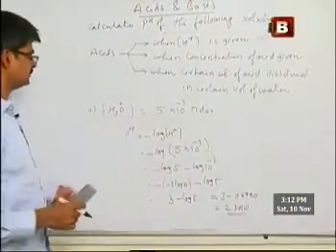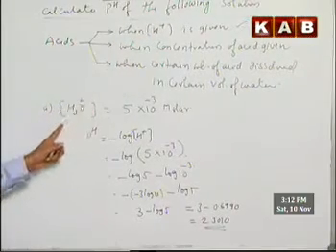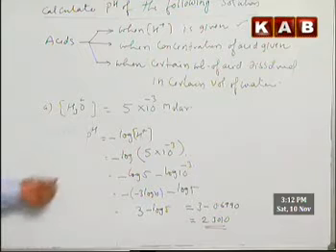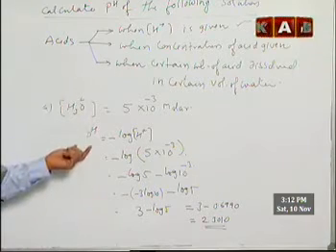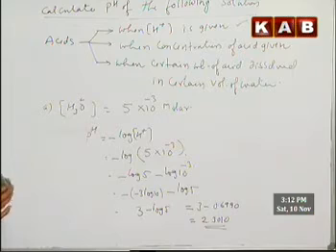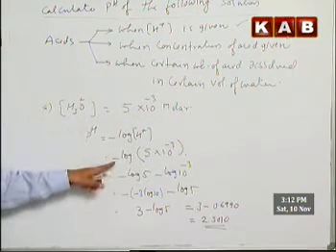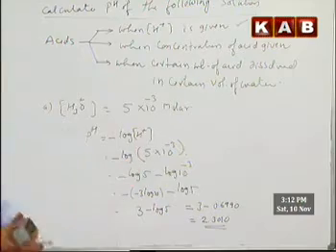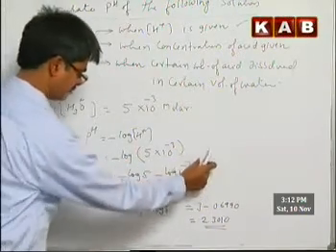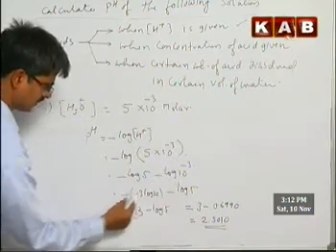So let us see once again. They are given directly the hydronium ion concentration of an acid as 5 into 10 to the power of minus 3 molar solution. So we have taken the formula for pH, which is minus of log H plus, and then that is equal to, we are substituting in the place of H plus the value of 5 into 10 to the power of minus 3 here, and then this is minus of log 5, and then this minus sign here, minus of minus log 10 to the power of minus 3. So this we brought here now, with this minus sign as it is there now.